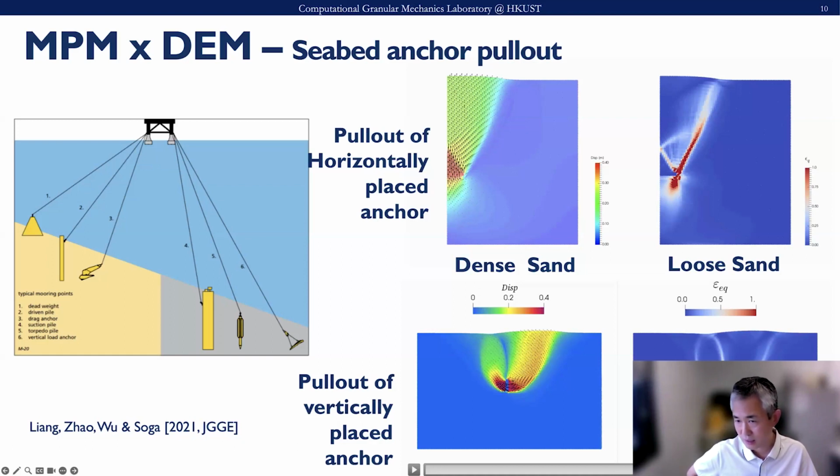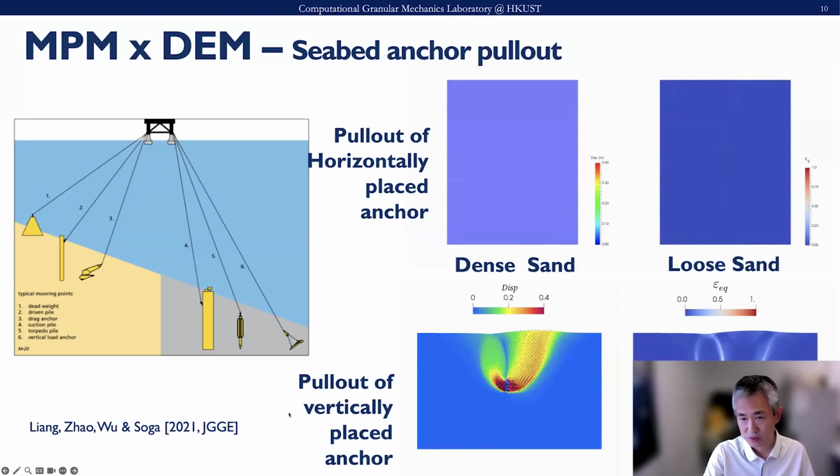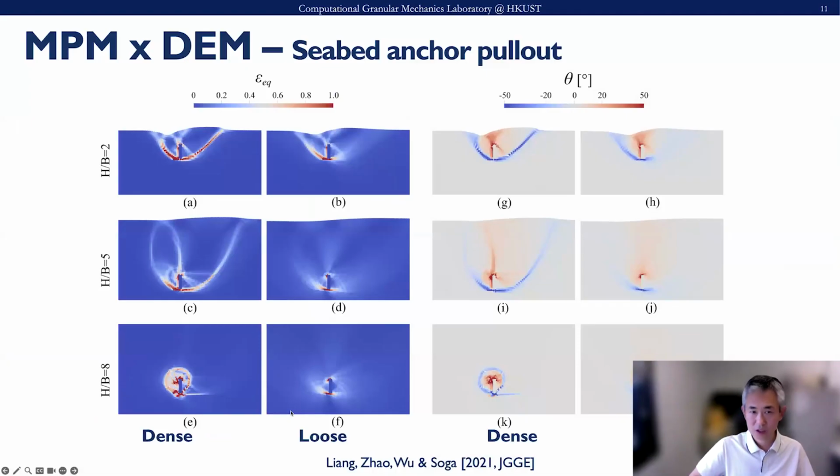This is displacement. This is the equivalent shear strain. In front of it you have a single shear band penetrating, but behind it you have two shear bands. One is initially at the plate tip at the top part, and the other is from the bottom part here. So this is a collapse mechanism, a shear failure mechanism, right? These are the simulations, again using DEM and MPM for the coupled simulation here. This is further illustration that for a vertically